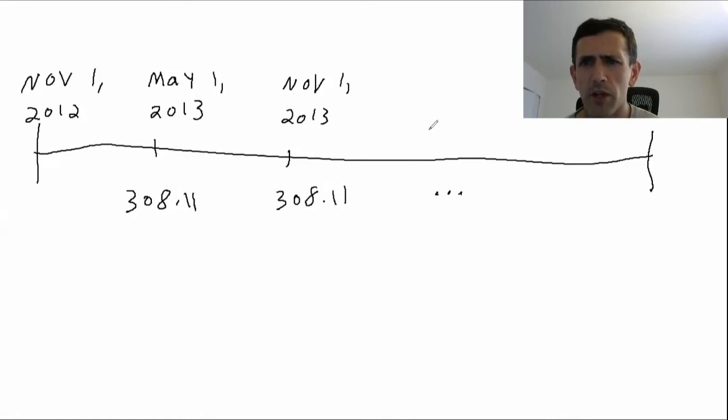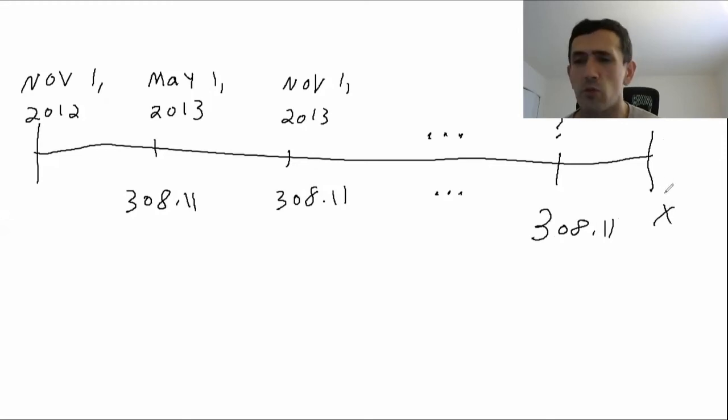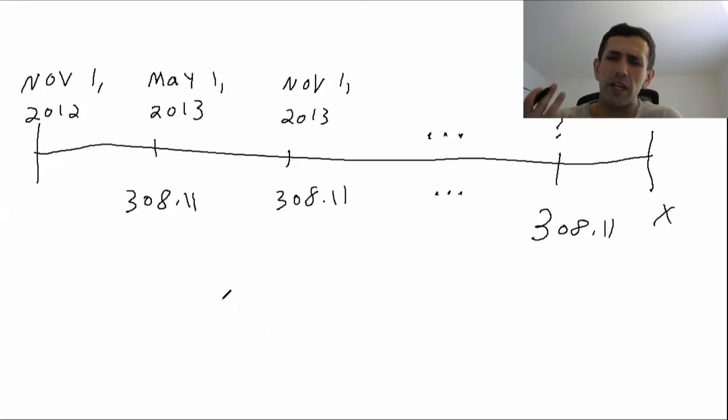Okay, and we keep going until we have a second to last payment of 308.11. And then finally, the last payment of, let's say, X. We don't know what X is, and we want to figure out what X is. And I don't know what this date here is because I don't know when the last 308.11 is going to be. Okay, so we're going to do this similar to the way we did